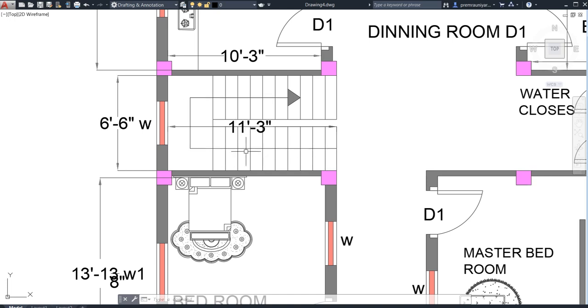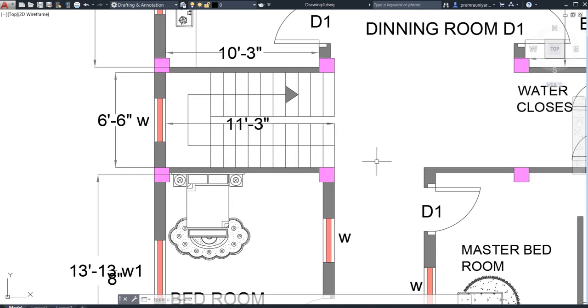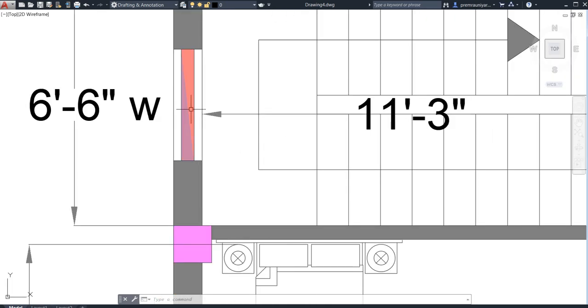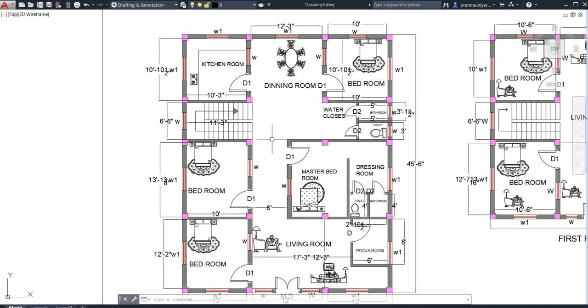It means that if you are in this passage, you need to climb this way. This length will be 11 feet 3 inches. This is a dogleg type of stair and this is the landing of 6 feet 6 inches. This boundary, this red color you can see, is your window symbol.